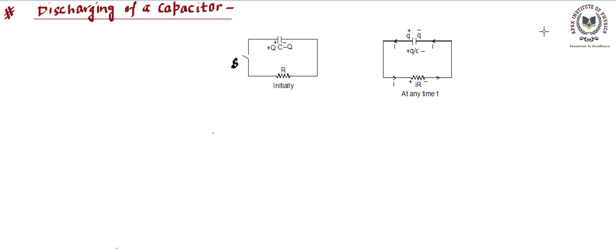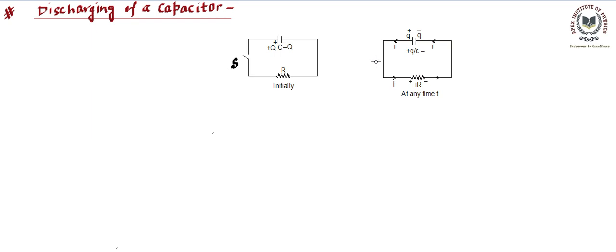In this video lecture we will talk about discharging of a capacitor. If you have gone through the previous video, we talked about charging of a capacitor. Basically we are discussing an RC circuit, a circuit in which R for resistance and C for capacitor are connected. In this particular case, a capacitor is charged initially and is being discharged by connecting it with a resistance.